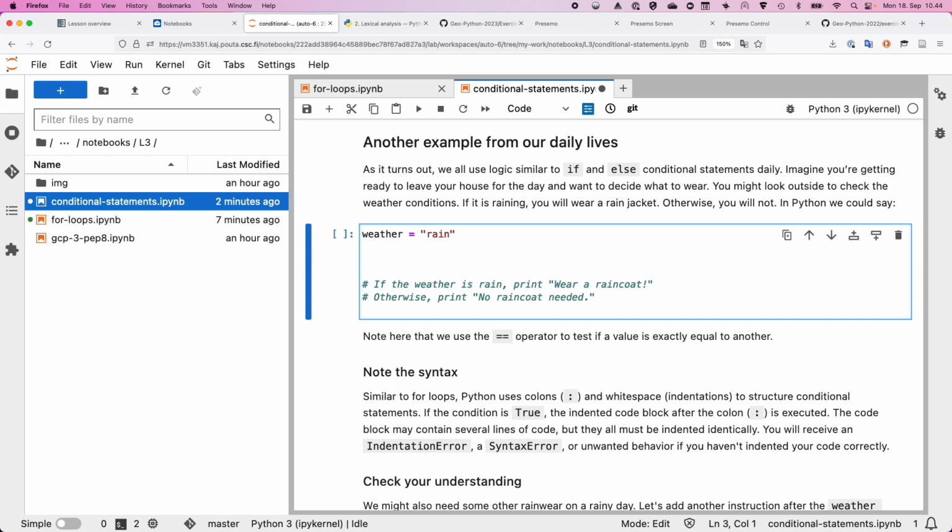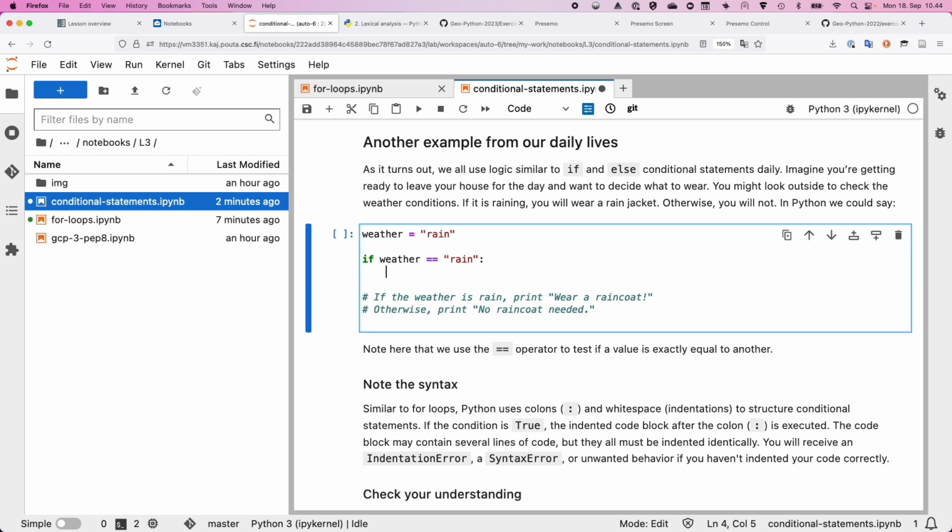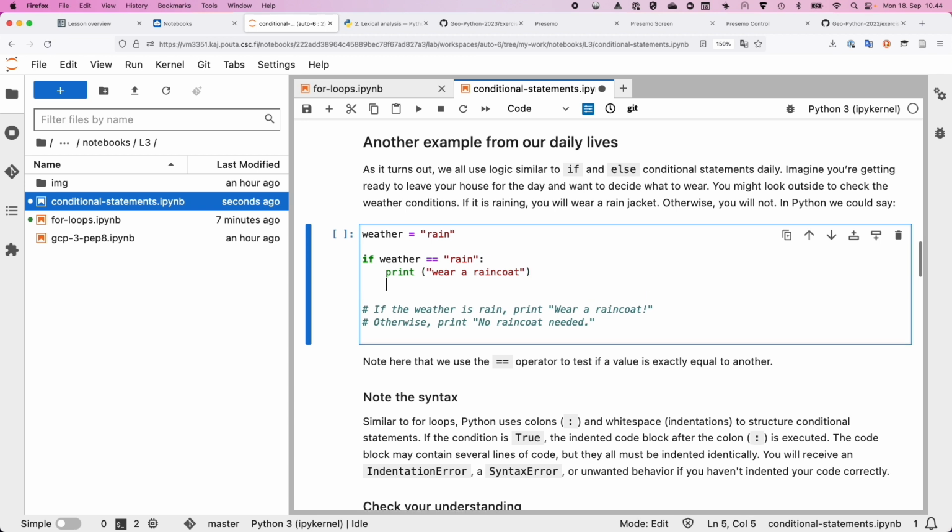And getting back to the weather, we want to check if weather equals rain. We want to print wear a raincoat, else